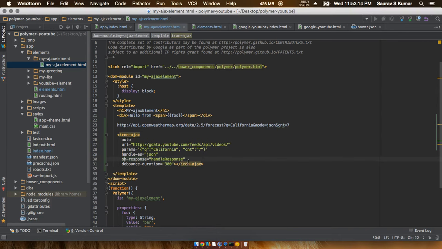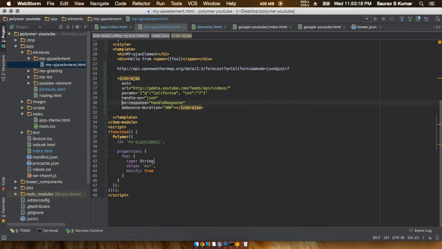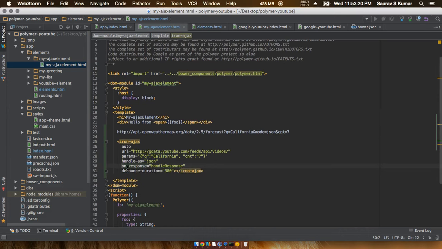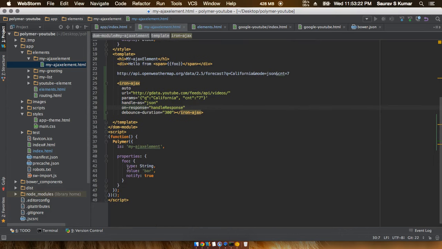Just going back, the last part is on-response. On-response is the function that is called when the response has been received.